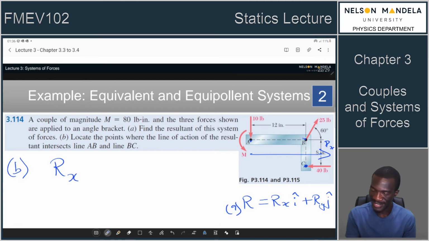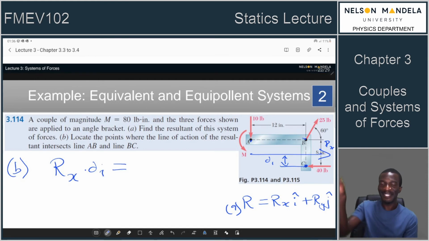If you chose point C, then your Rx will generate a moment Rx multiplied by, let's call this D1, Rx multiplied by D1. This is the moment in the anti-clockwise, so it's a minus Rx D1. So it's in the clockwise direction. Yes, it's in the clockwise direction, so it's a minus Rx times D1. So if it's in the clockwise direction about point C, then it must be equal to